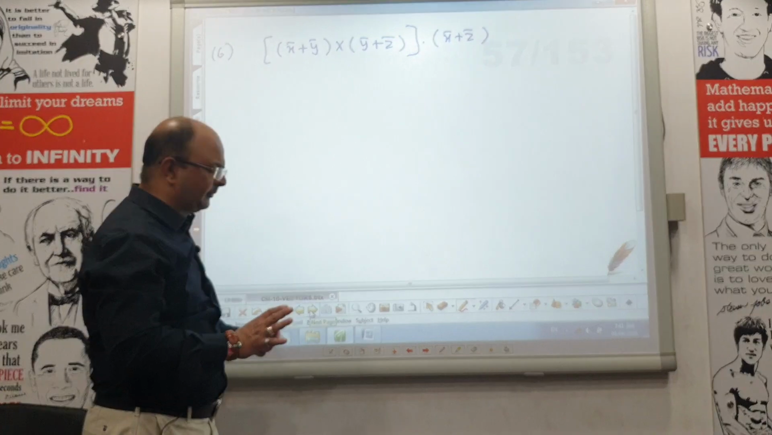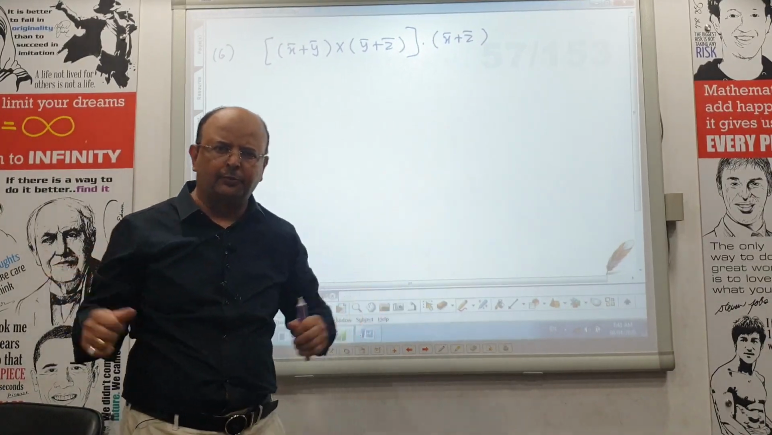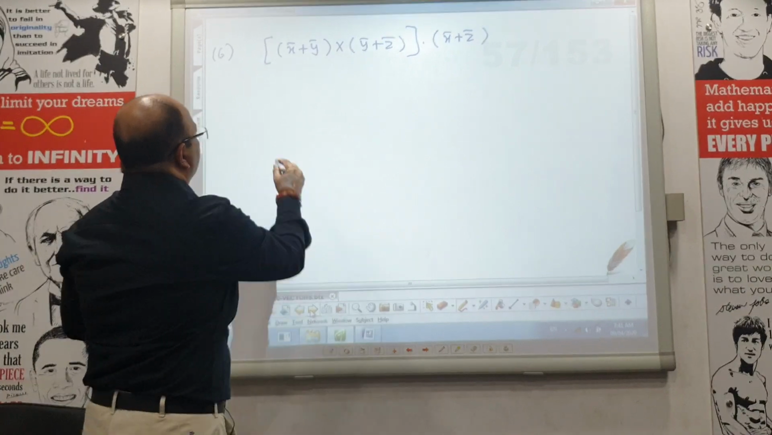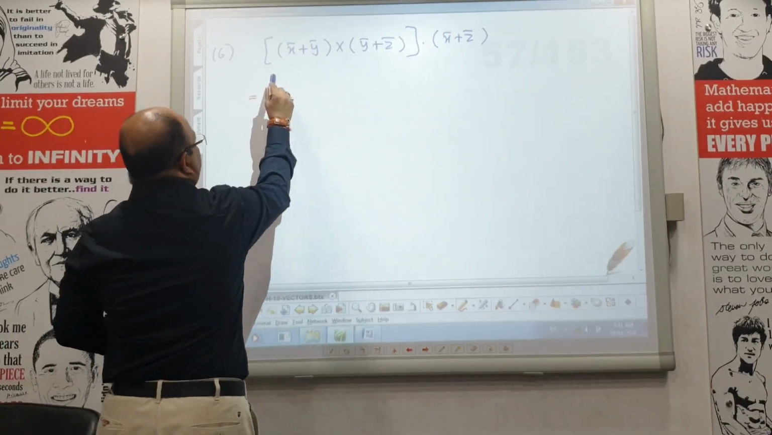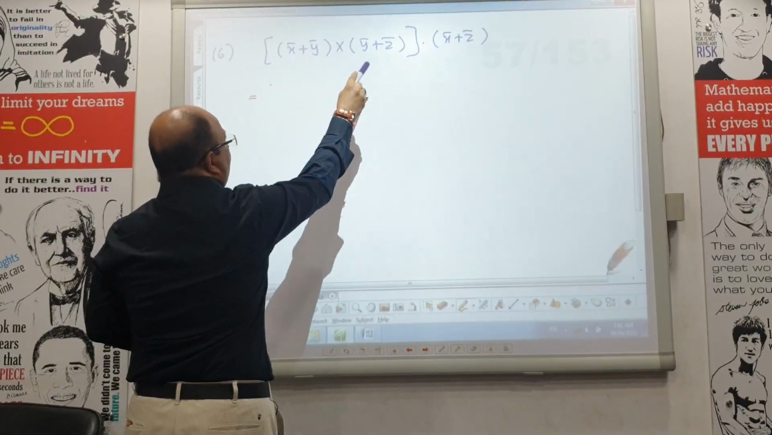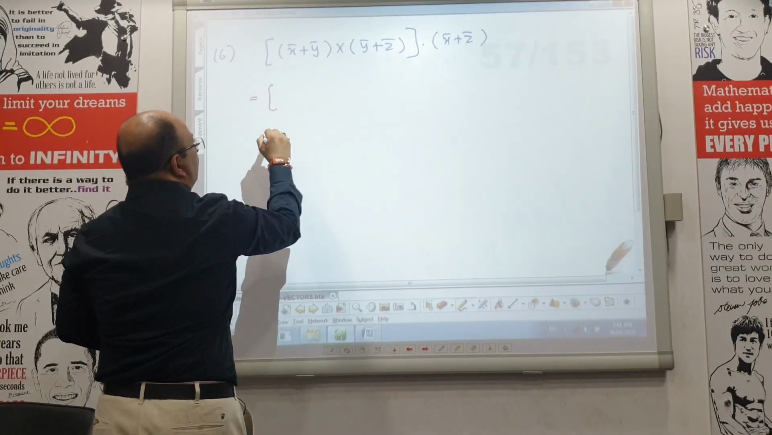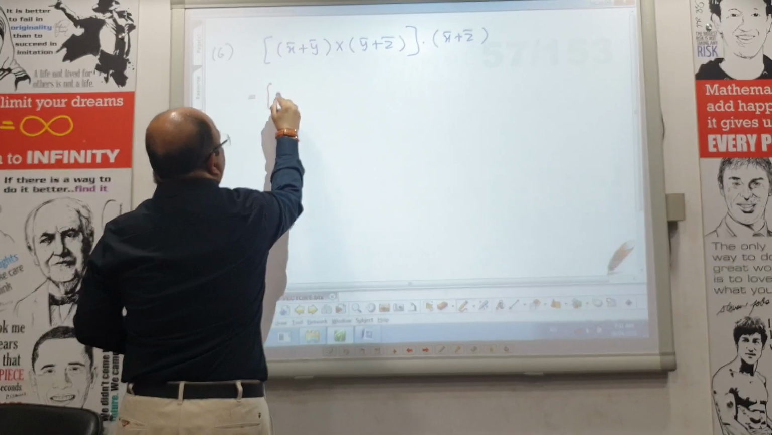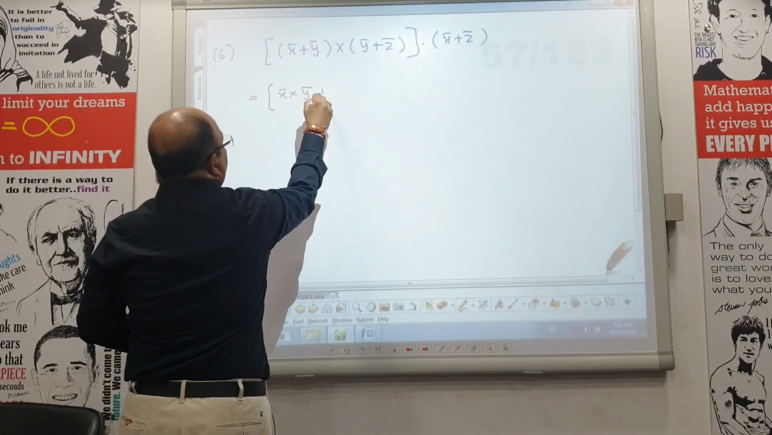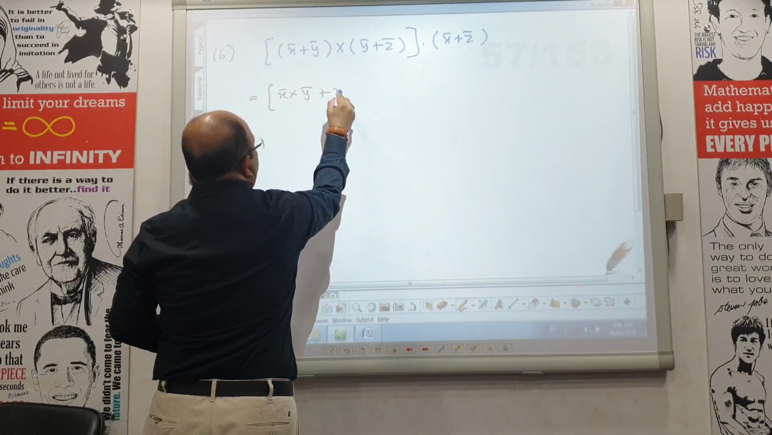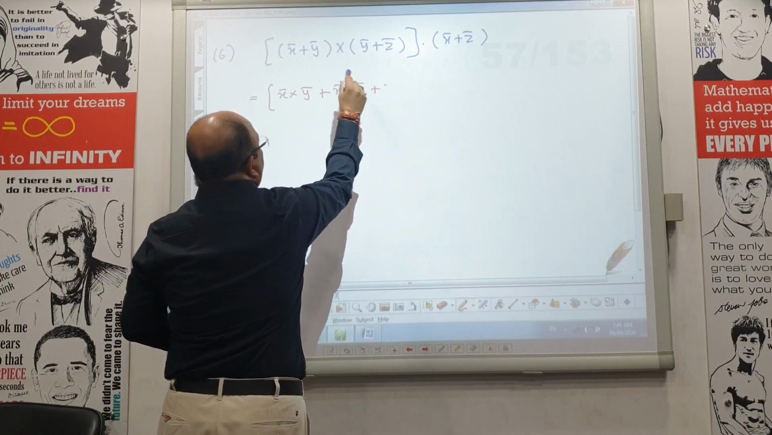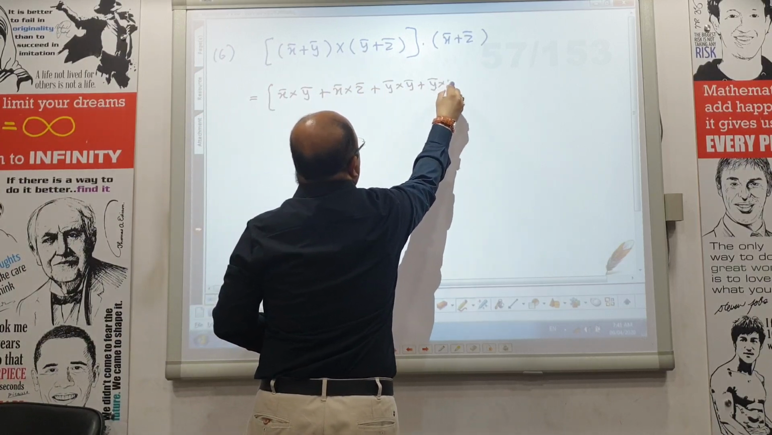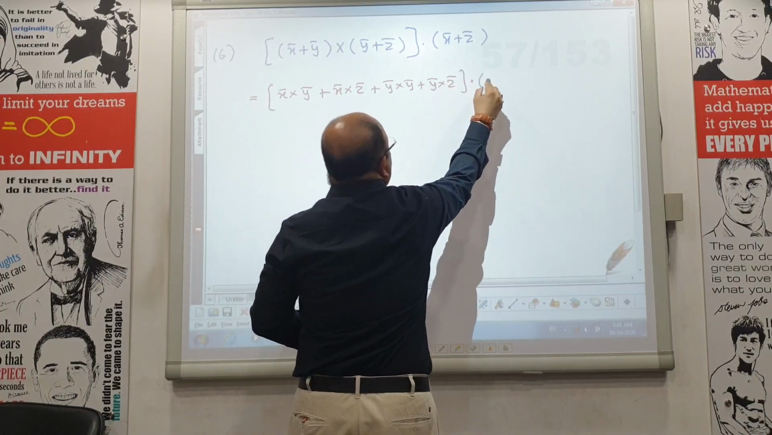Some beautiful examples I have selected from different books, and I am here. We go for this. I want to simplify. We go for it. Come on. X bar plus Y bar cross Y bar plus Z bar. Will you help me? Yeah. X bar cross Y bar plus X bar cross Z bar plus Y bar cross Y bar plus Y bar cross Z bar dot X